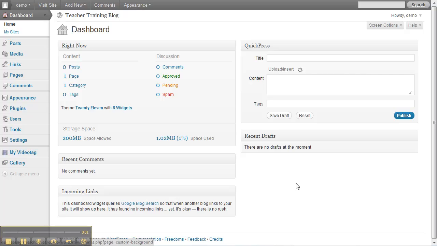Okay, so now that we have the site looking a bit more like we wanted to, it's time to start adding some content. We'll go into more in-depth ways to add content later, but the quick press box here is quite a handy little option. So we'll just call this test post, and we'll just testing